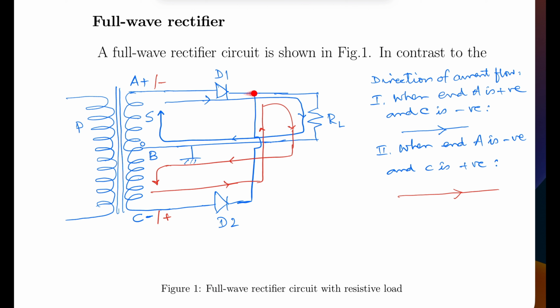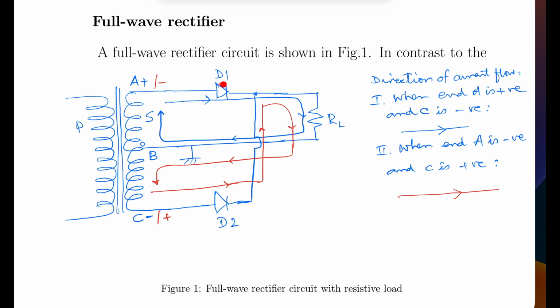From here, we have a resistance. The other end of the resistance is connected to the middle point O, middle point B here. O stands for 0 voltage. This point is grounded here. So suppose when the upper end of the transformer secondary is positive, that is end A is positive, then